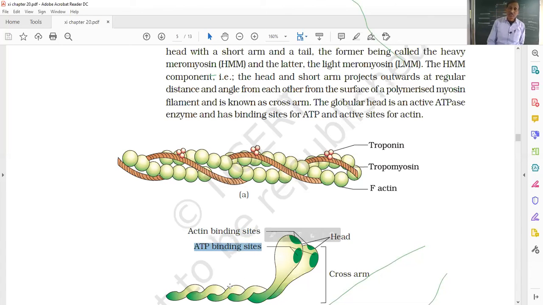So the source of energy is the ATP binding site, and for the contraction, the bond between the actin and myosin: these are the actin, and these are myosin. So myosin will be like this, because they have a head and a tail, and actin are straight, so they will be contracting and bringing them closer, or relaxing and bringing them away. Okay, so this is their working. Okay, so these are the structures.